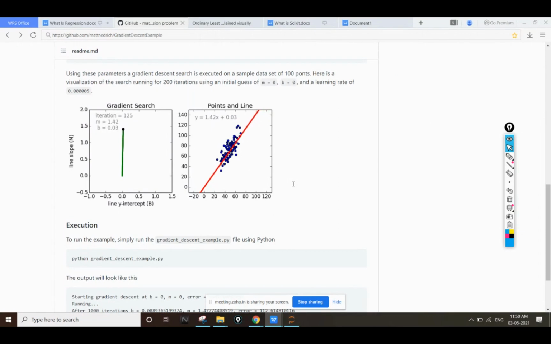Okay, we already know that we calculate the error with the mean square error rule. That mean square error is basically the difference between the original point and the predicted point, that is, the distance between the original point and the predicted point.